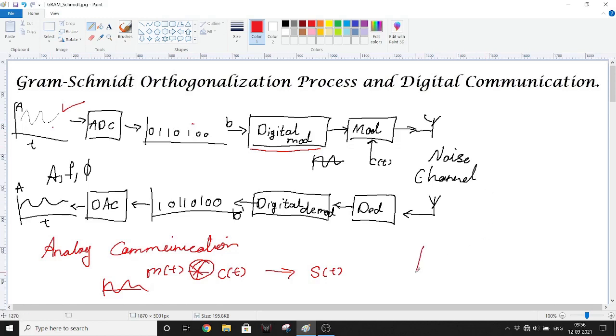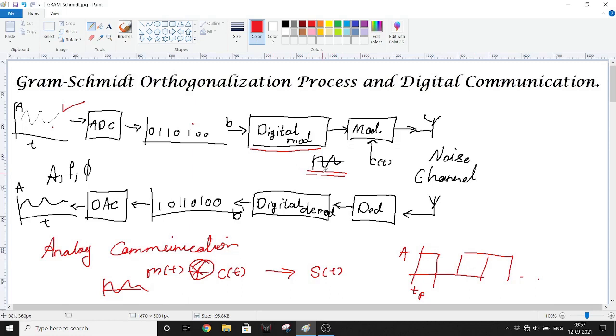bits look like this, that is, it has a high and a low and a high and a low later. So they have a bit period and they have amplitudes, but these are no good to send on a carrier signal. If we send them, we will be sending only something like on and off of a carrier signal, but it is no good as a modulating signal. So hence, to convert these signals into a simple sine wave again with a very small band of frequency, we use something called